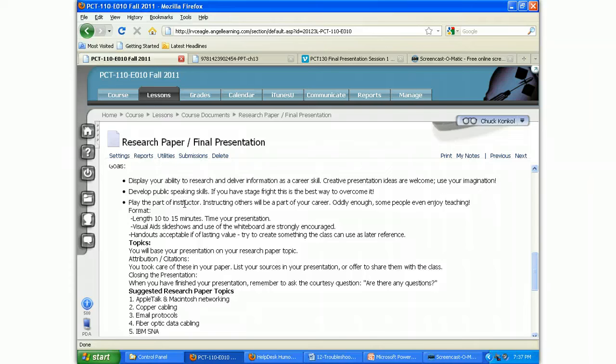When you get URL information from a website, all I need in the bibliography is the URL. That's it. That's all I need. Okay? Now,